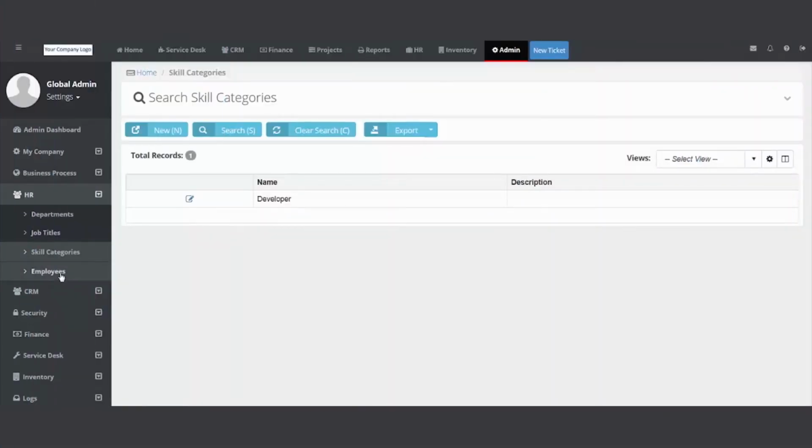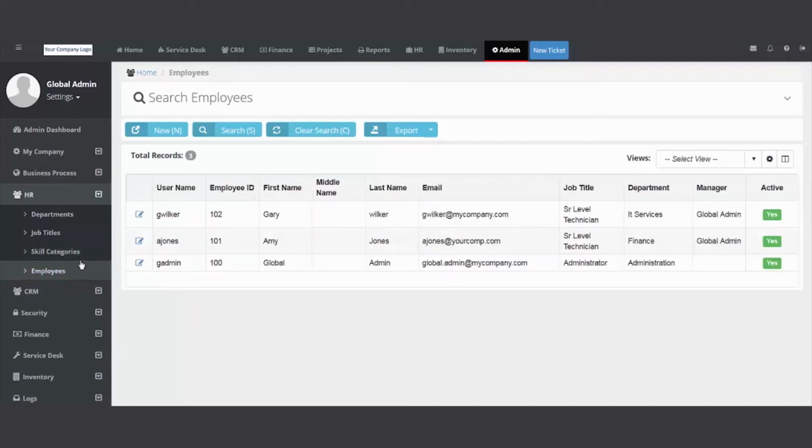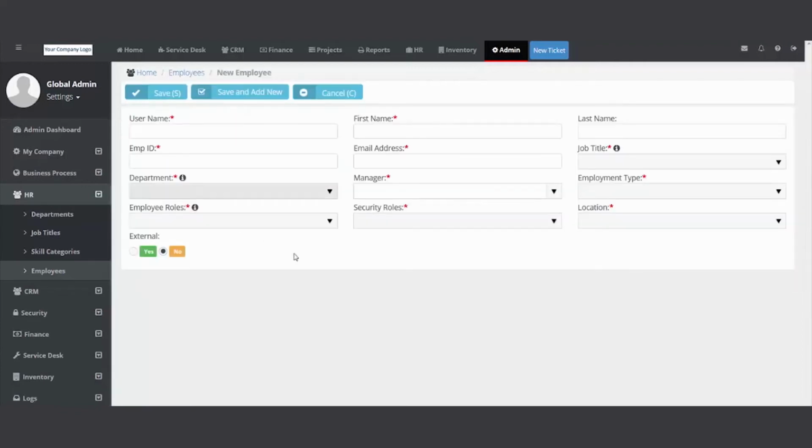Speaking of employees, let's click on the employees folder. You can see I have 3 employees in my company. It's real easy to add. You click new, username. We suggest first initial, last name, Mark Smith. Then you'd put Mark Smith, employee ID. If you don't use them, just put in a random number. Put Mark Smith's email address,